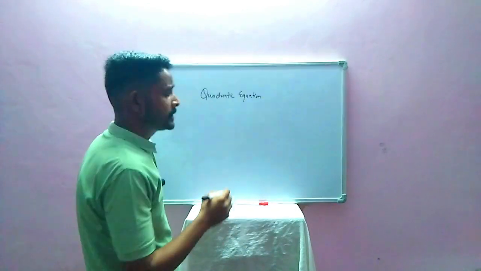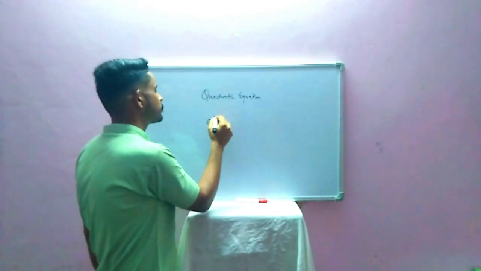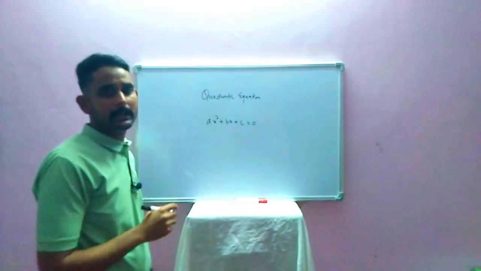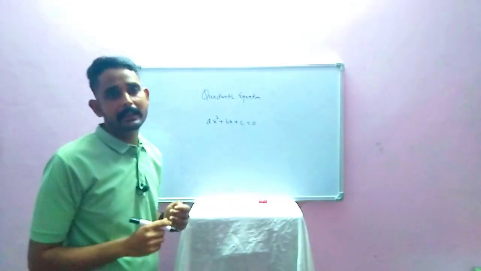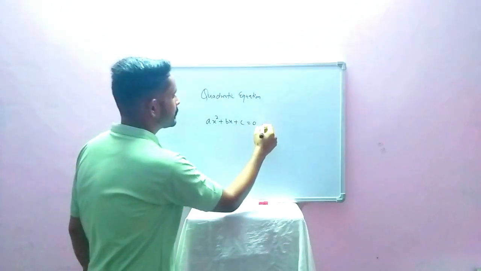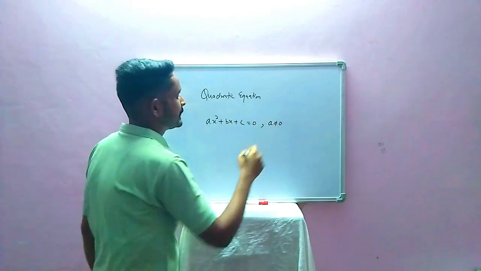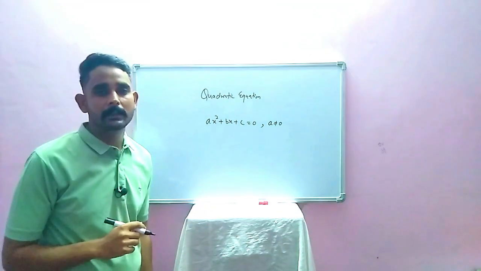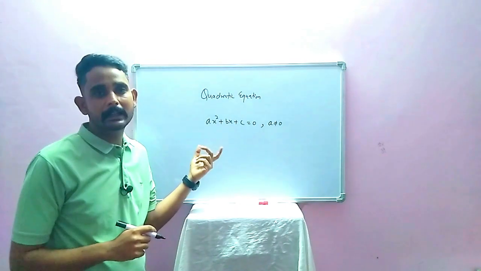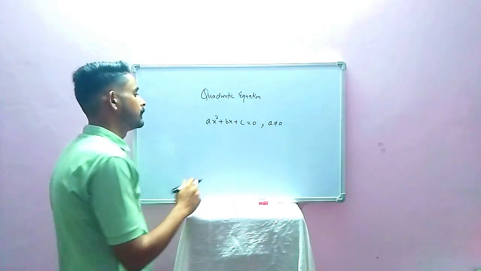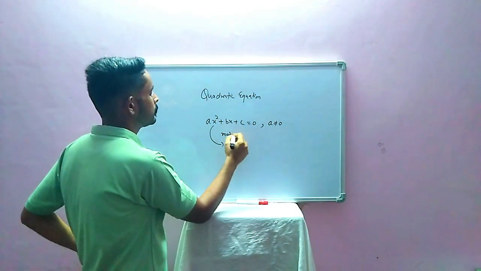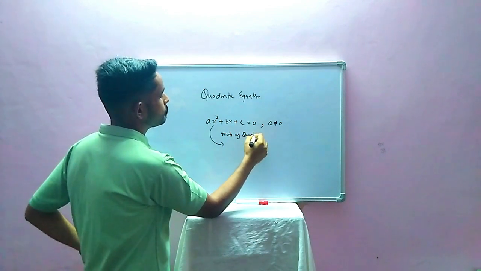In quadratic equations, the general form is ax square plus bx plus c is equal to 0. Here a, b, c are any real numbers and x is your variable. And the second condition, a is not equal to 0. It means the coefficient of x square can never be 0. Otherwise, this is not a quadratic equation. So remember, when we find the roots of a quadratic equation,